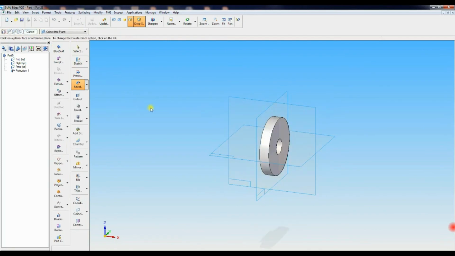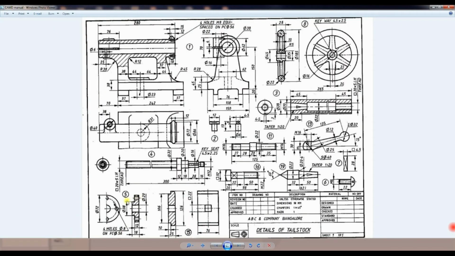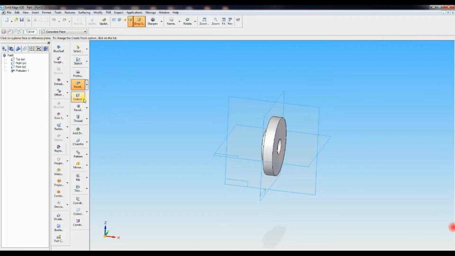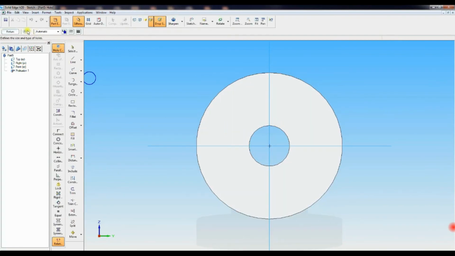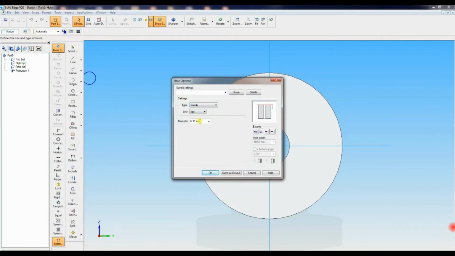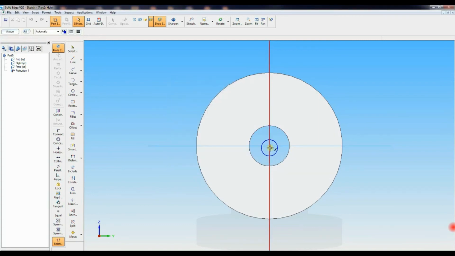Okay, finished. Now you have to make 4 holes of diameter 8 on a pitch circle diameter of 56.